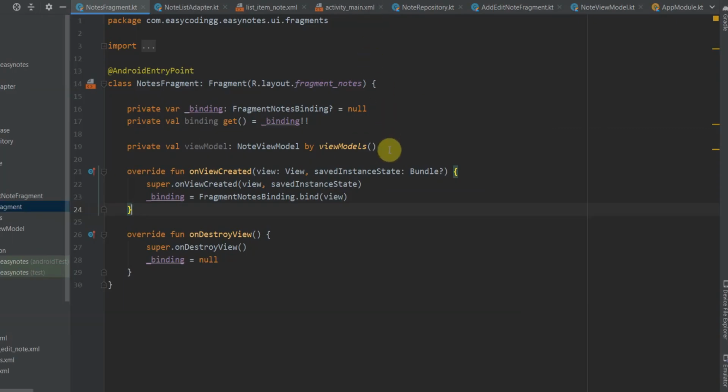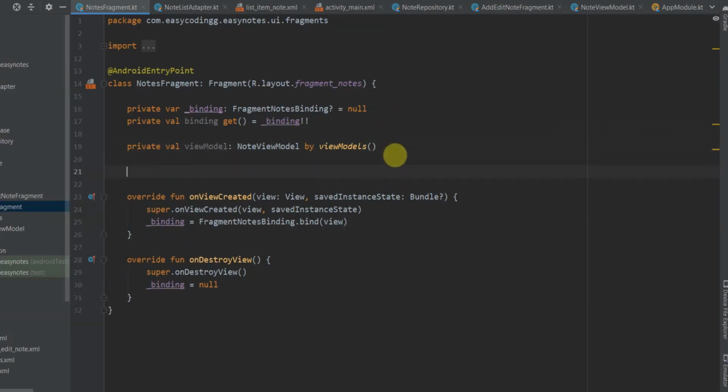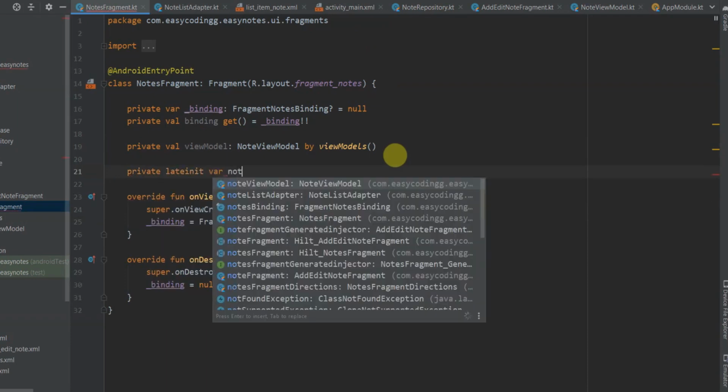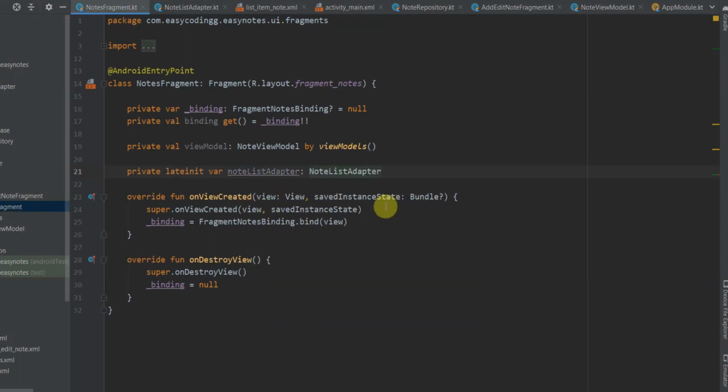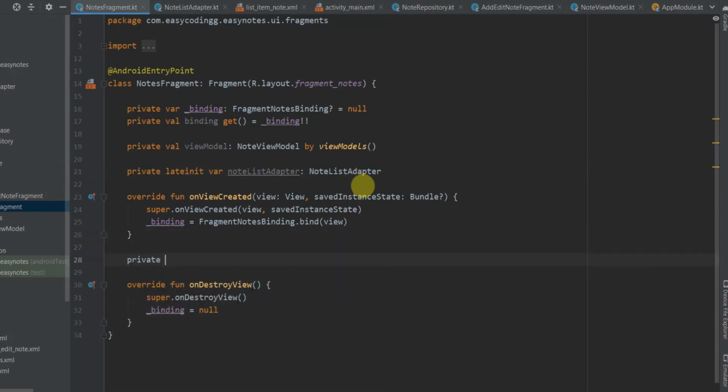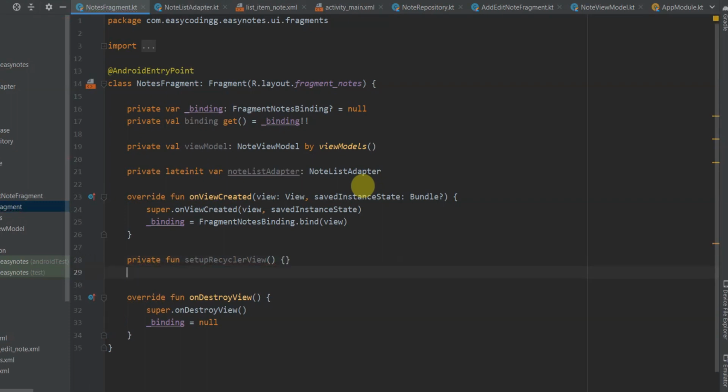Inside of our notes fragment, firstly we will create a lateinit var for our note list adapter. So private lateinit var noteListAdapter. It will be of type NoteListAdapter. And now we will create a function to set up our recycler view. So private function setupRecyclerView. It takes no parameters,